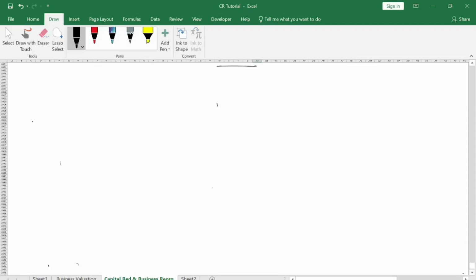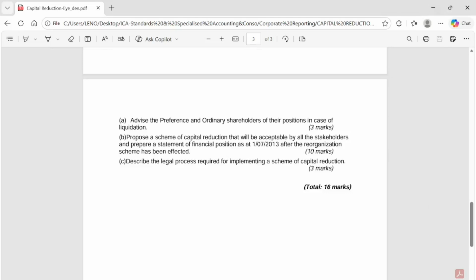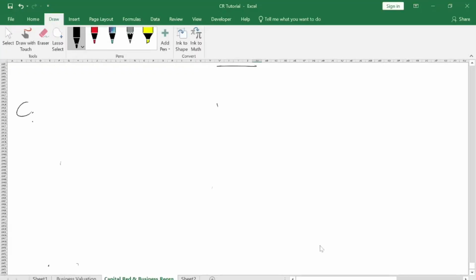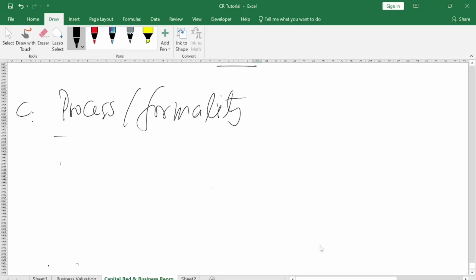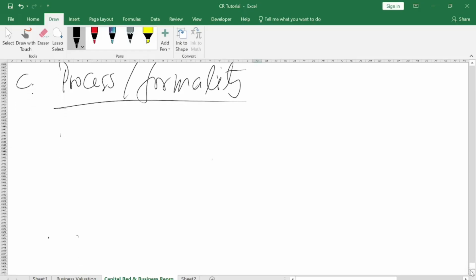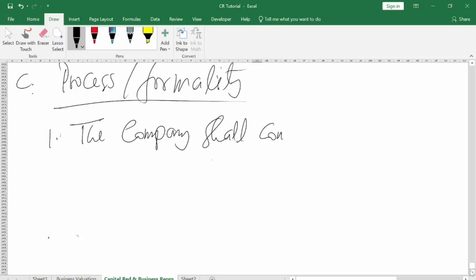All right, let's proceed to the last one. So the last question was talking about describing the legal process required for implementing a scheme of capital reduction. So this simply means that they are looking for the process or the formalities before the implementation of capital reduction. So one, the company shall convene